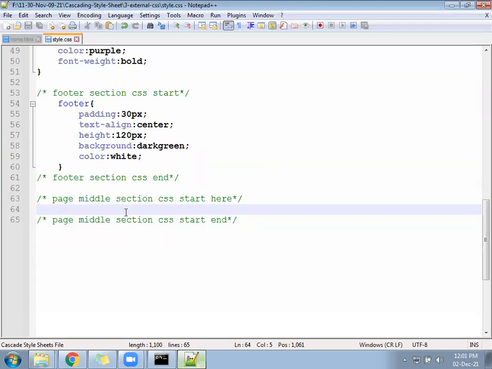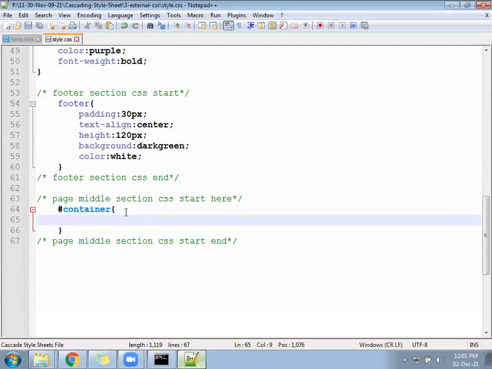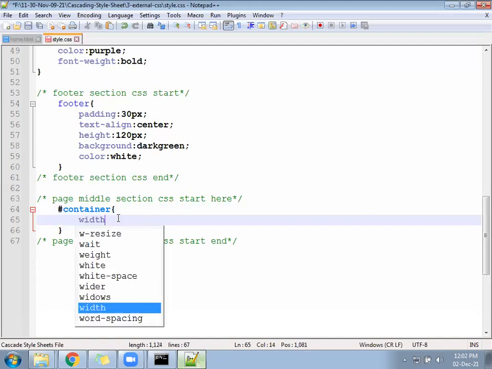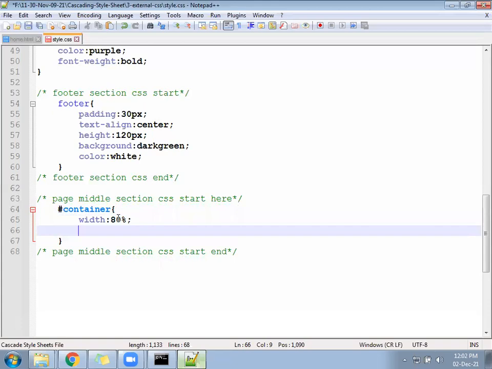As container, after that you will write inside width somewhere 80% of the screen and margin auto.